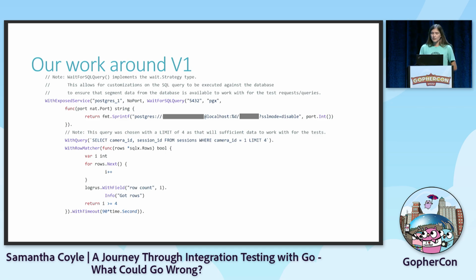And I know this is a bit of code on the slide. There's actually more behind it that you don't see here, supporting this wait for SQL strategy that we created, right? We implemented their interface. And so to look at the big things here, we've defined this wait strategy on Postgres, right? So we've defined our own wait for SQL query strategy with some configuration and a few things